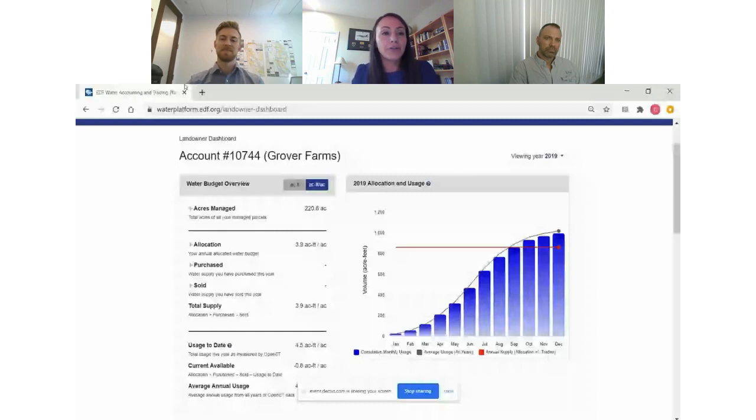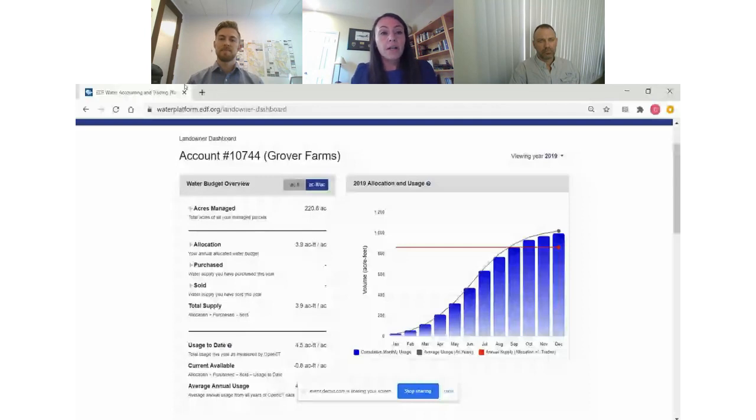Under the water budget overview, you can see the acres managed, the allocation that this user has been given, and any purchased or sold water, and all of these tabs can be expanded. You can also see the total water supply. If you look over to the right, you can see a graph of water use, and you can look at past water use up through near real-time data. You can also see the allocation that this landowner has been given, and you can see projections and either where they exceed that allocation or where they might be under that allocation. In this case, they're a little bit over, so if there's water trading, they might want to purchase some additional